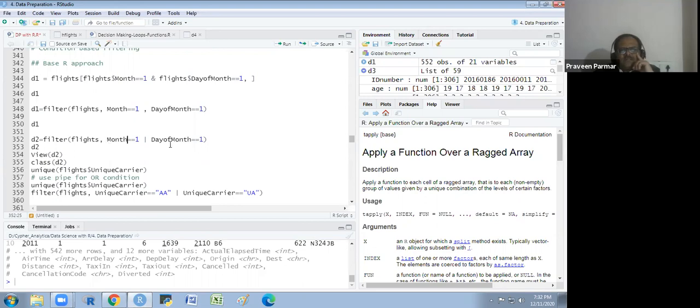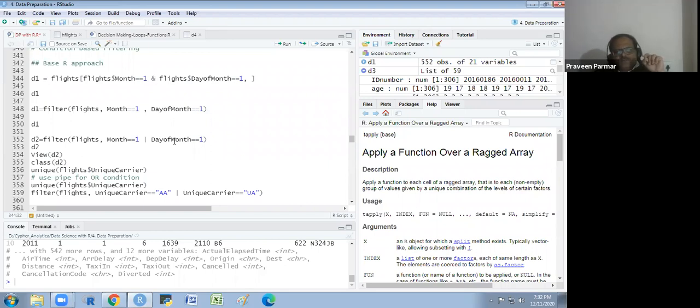We are filtering the month and the day of month both, but now we are using the pipe function. Here we could also use the pipe function. It is just like a union, or. So first, month means all 31 days of January. And day of month, first day of every month for all 12 months, 1st January, 1st February, in this way. So we will get 31 plus 11, 42 days of data. We will get more data than that.